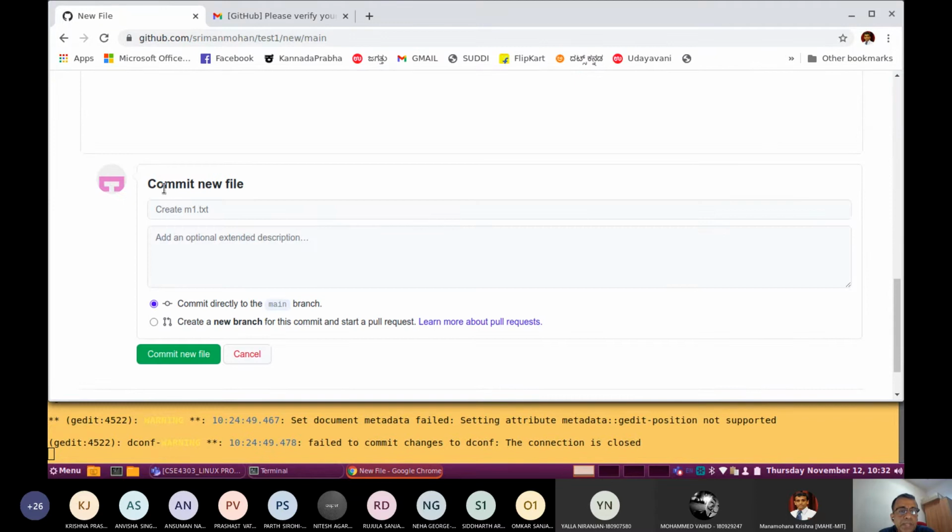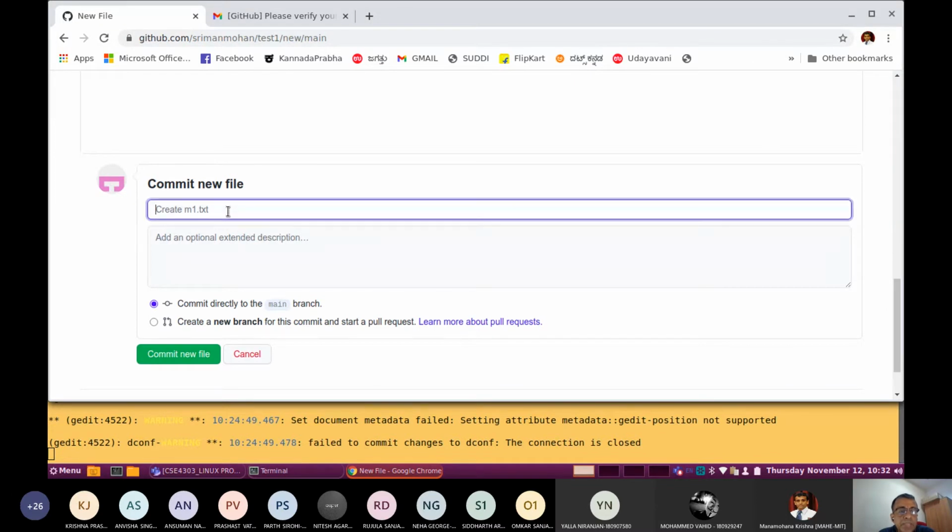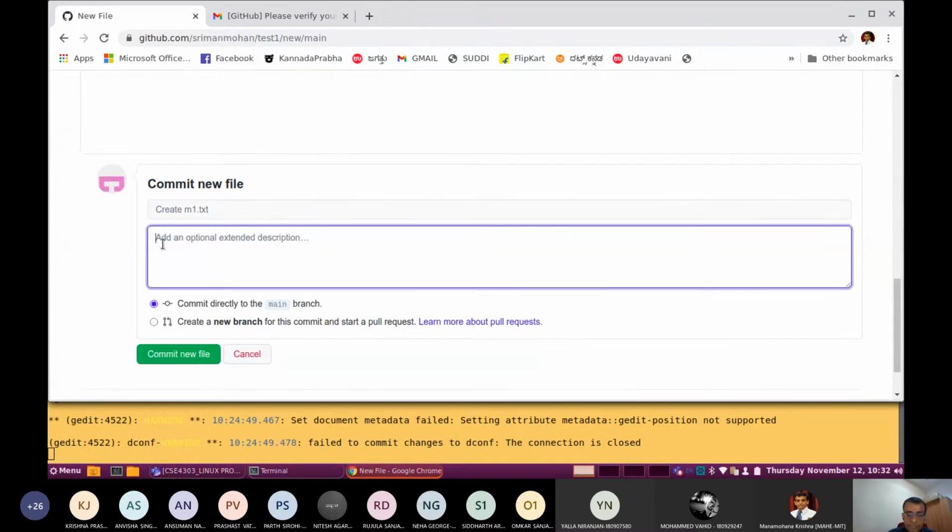Then after creating the content, you can commit also. Commit message also you can type in. By default, you will get a message here: create m1.txt, or some additional description also you can give. Commit directly to the main branch.